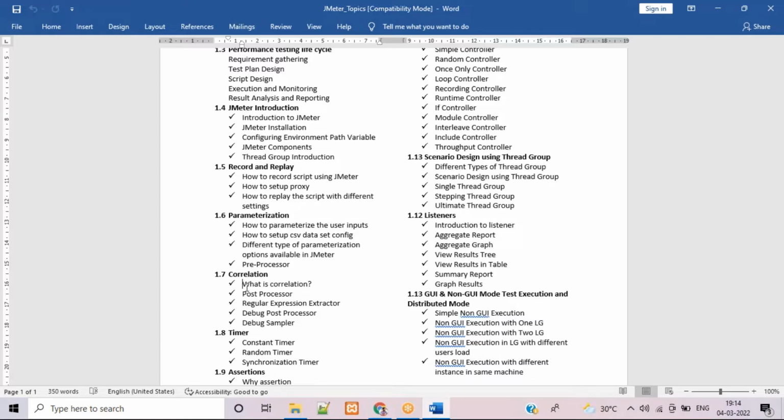So it is getting the value from the server, which is the products available at that time, and then it will display that. So that value is dynamic. If any value keeps on changing, then we need to correlate that value. For correlation, we're going to use a regular expression extractor to extract the value, and we're going to use it